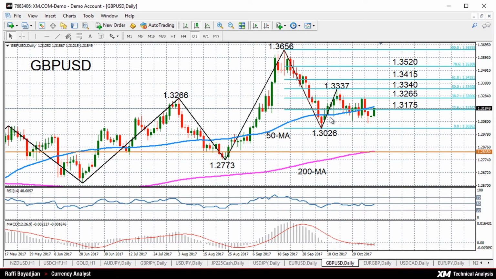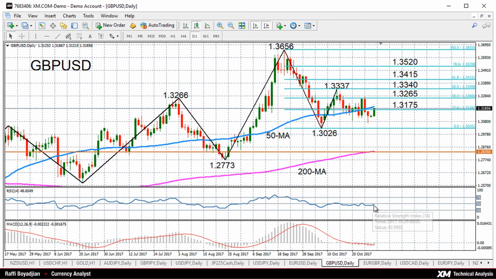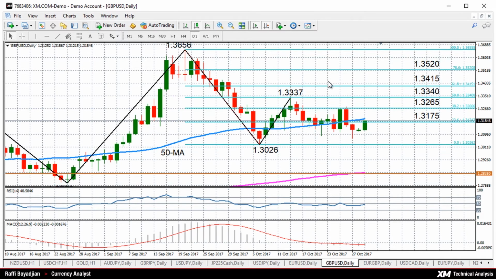Moving now on to cable, we can see the short-term momentum is looking rather neutral at the moment. Perhaps there's a slight upside risk if we look at the 4-hourly chart. There's clearly a stronger upside momentum. RSI has in fact already reached the 50 neutral level, and on the daily chart again it's coming close to the 50 neutral level. For further upside for pound dollar, actually it's already testing the